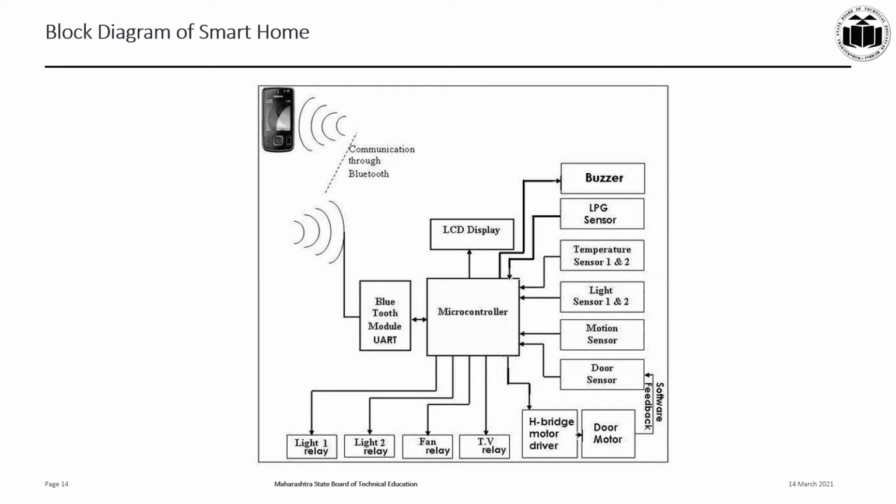Sensors are also attached with the microcontroller. Different sensors are used: LPG sensor, motion sensors. LPG sensor will detect any gas leakage, and it will give that signal to the microcontroller. Microcontroller accordingly starts the buzzer and opens the windows. Similarly, motion sensor can also be programmed in such a way that as soon as we enter any room, the lights will be turned on.